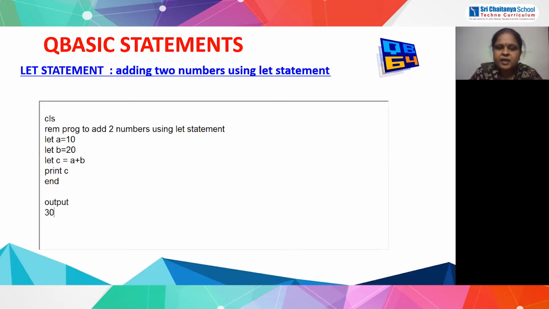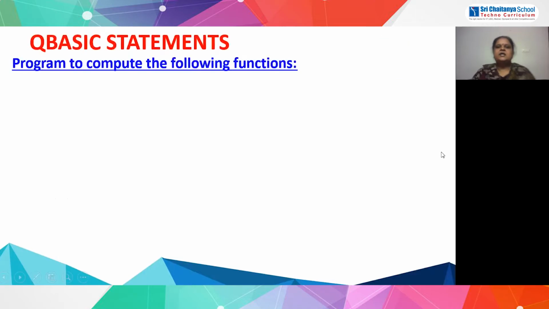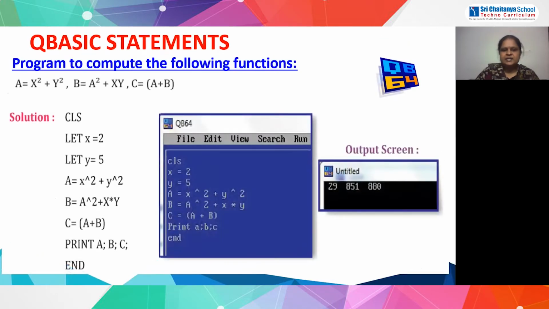Any doubt? I hope it is very clear because it is very easy. Here I have just assigned two numbers to two variables, and to the third variable I have assigned an expression where I am adding those two numbers, and the sum will be saved in the third variable. I hope it is very clear. Next, let us move further. See here, I am just showing you one example.